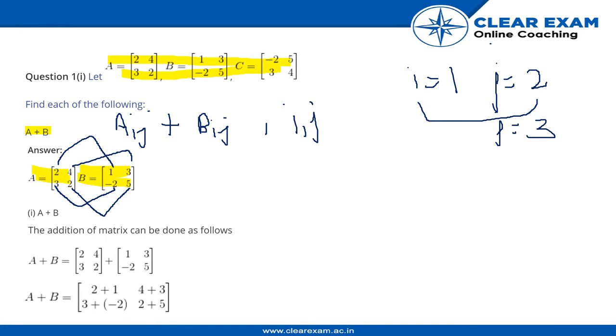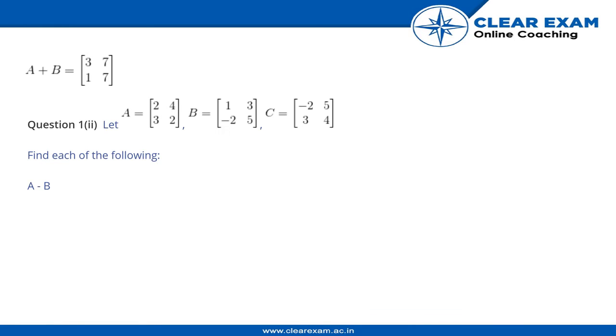Yeah, they have done the same thing. They have added the corresponding elements, as you can very well see over here: 2 plus 1, 4 plus 3, 3 plus minus 2, and 2 plus 5. So let us move to the next step. We have our final matrix as A plus B is equal to 3, 7, 1, 7. This is our answer. Now moving to the next part, we have three matrices over here, A, B, and C,